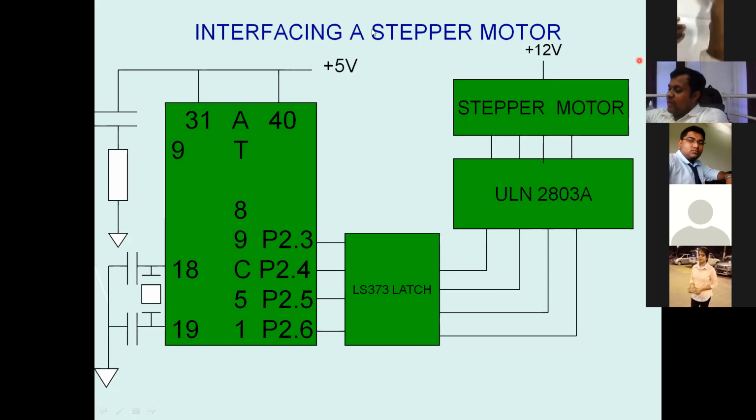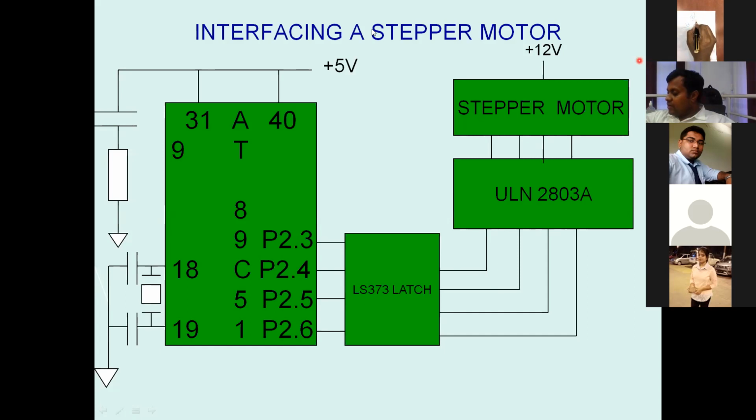How does a stepper motor work? There may be a 2-coil or 4-coil stepper motor. This is just like a coil. So this is 4 coil. In this there is some kind of rotor.